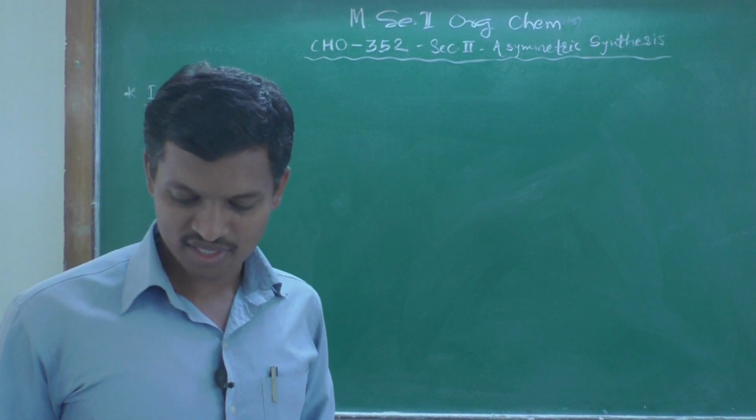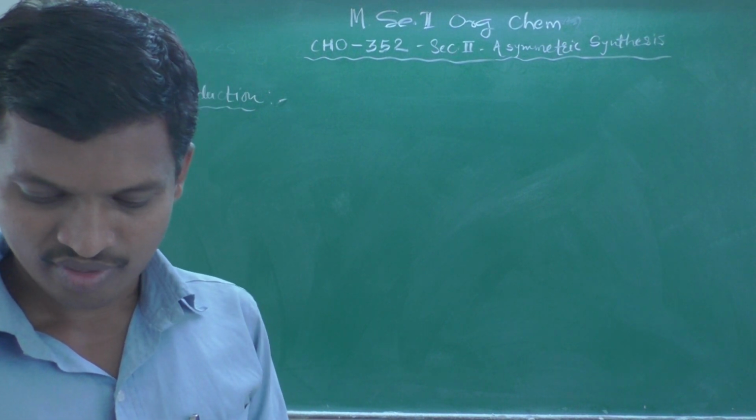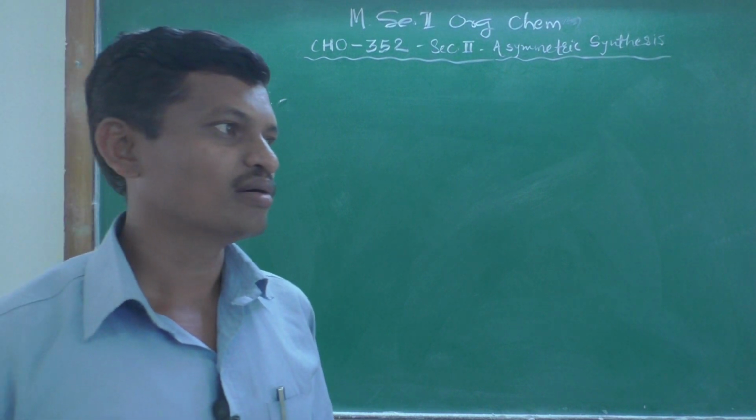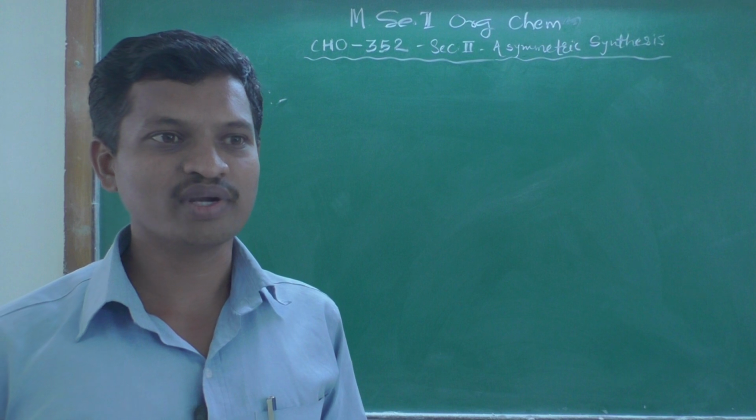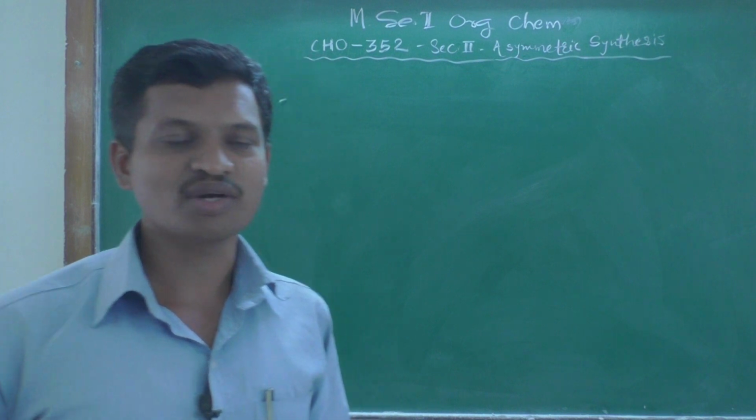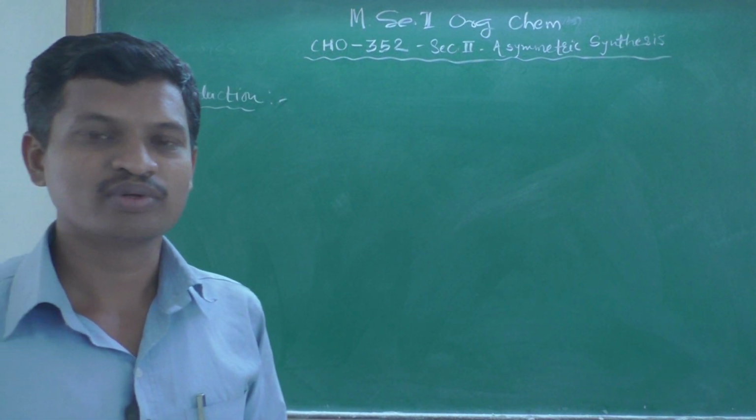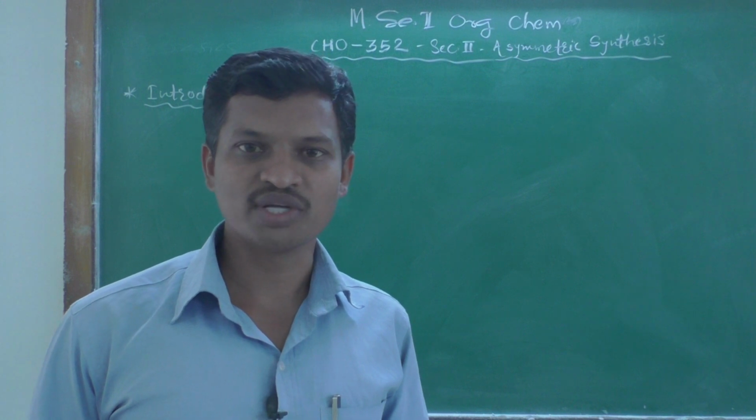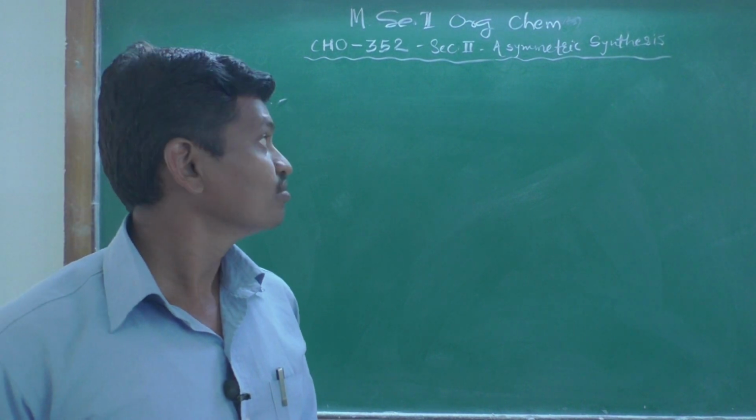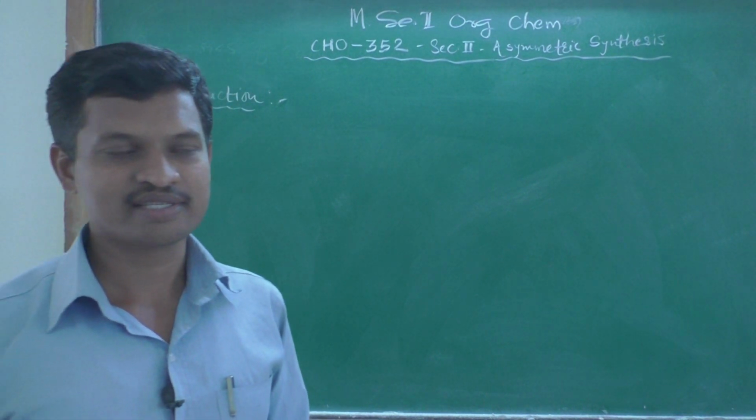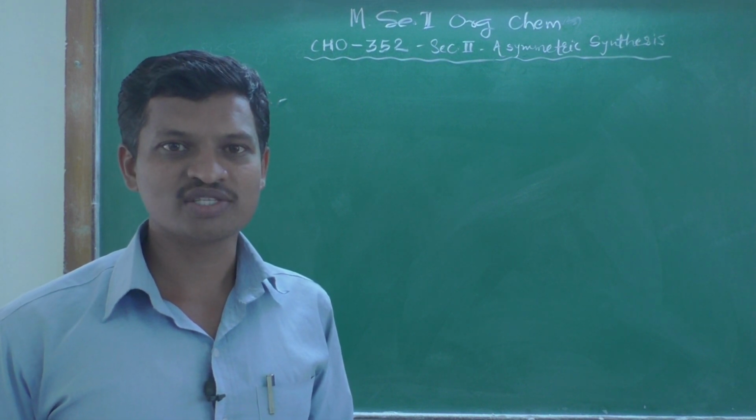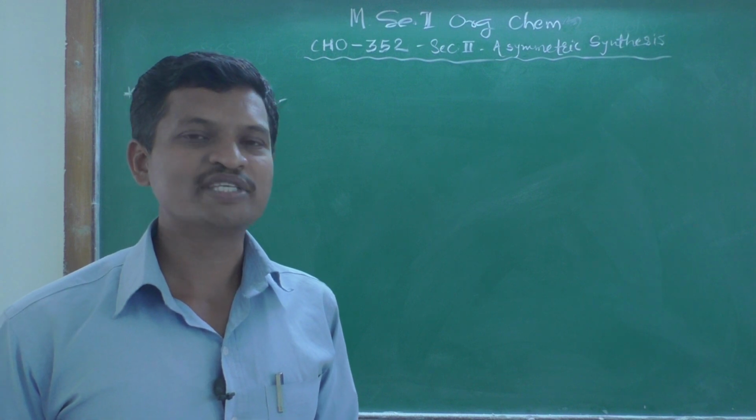So we have to consider here, we are going to see the second section of your stereochemistry paper. The paper code is CHO-352. The first section is related to stereochemistry of carbon compounds, and the second section is related to asymmetric synthesis. Okay, so for the study of asymmetric synthesis, we should know the basic concepts about